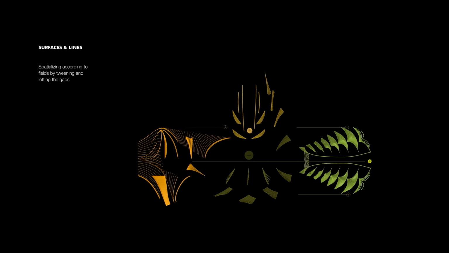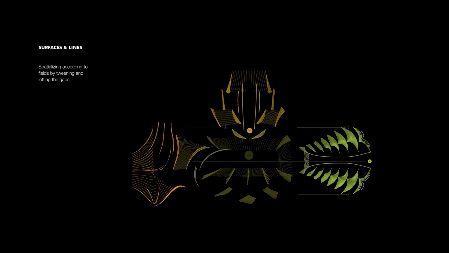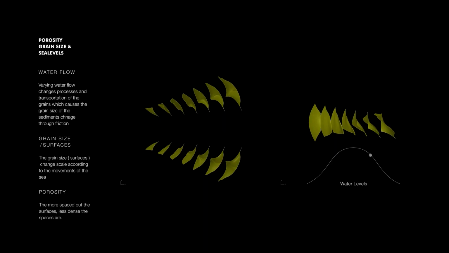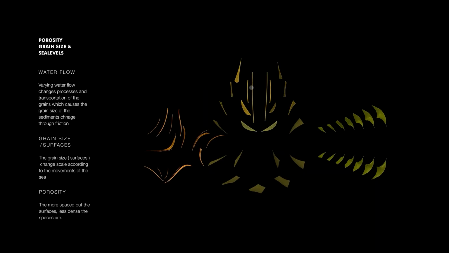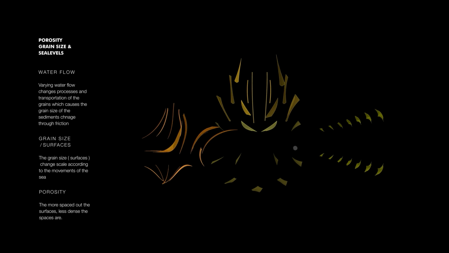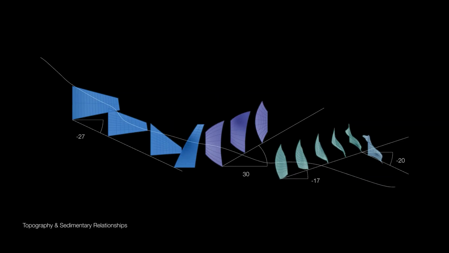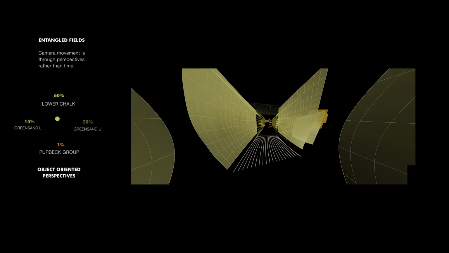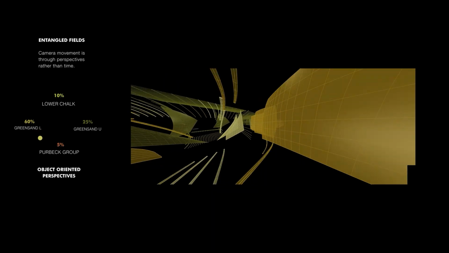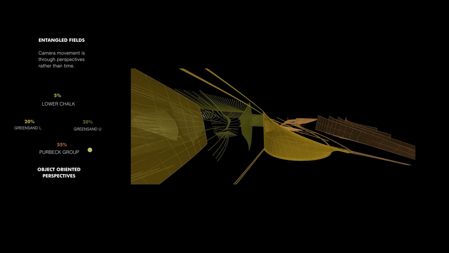This started to form a spatial language that is then transformed into surfaces. Other qualities, such as the grain size or porosity, were included by changing the size of these petal-like surfaces. Sedimentary relationships and tectonic movements are added as angles. The grid system started to form a new spatial domain that simulates the Jurassic coast for the fossils to exist within